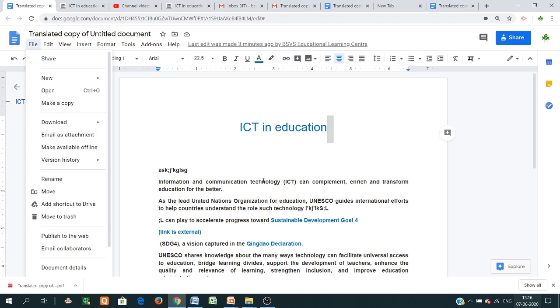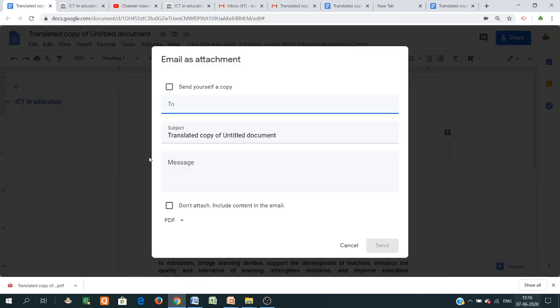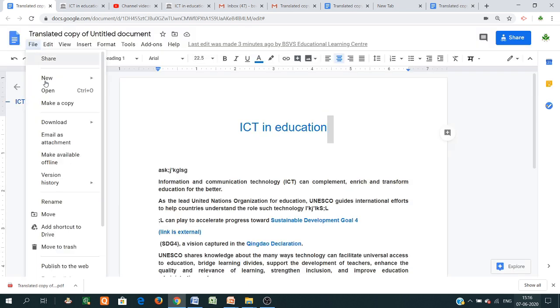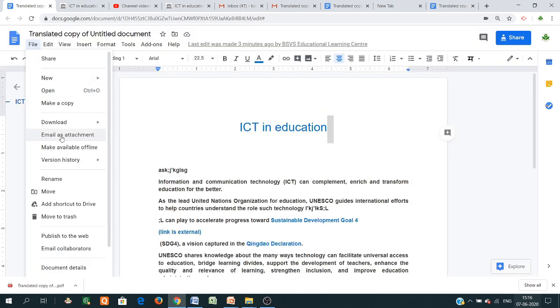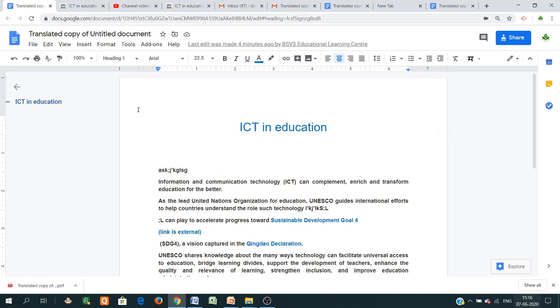Then another facility is you can just directly send from this File option, then mail as an attachment. So with this type of facility, you can just go here, mail as an attachment, and send this document to the different participants. So these are the various types of applications available, and most important for the teaching learning process, to type or prepare notices, lecture notes, or press notes of any event.